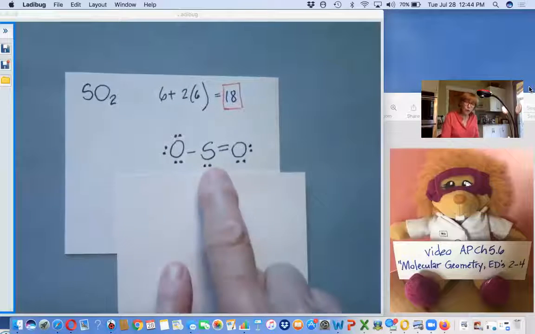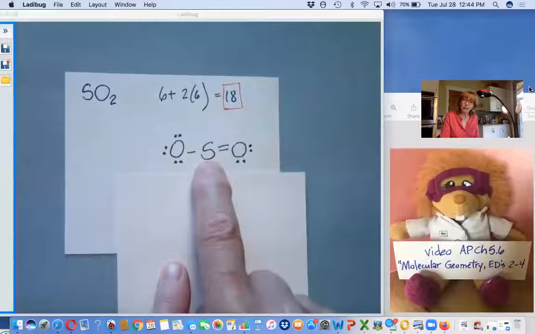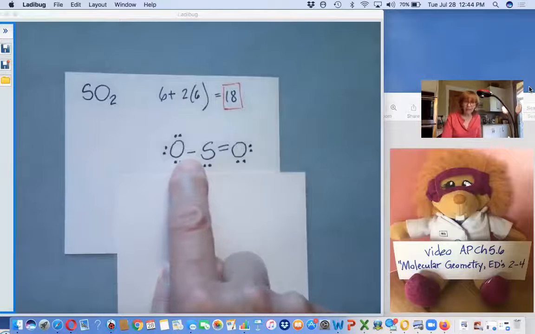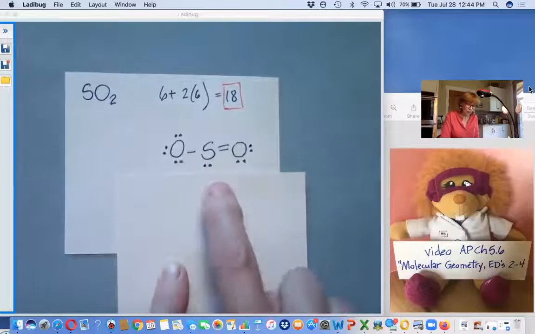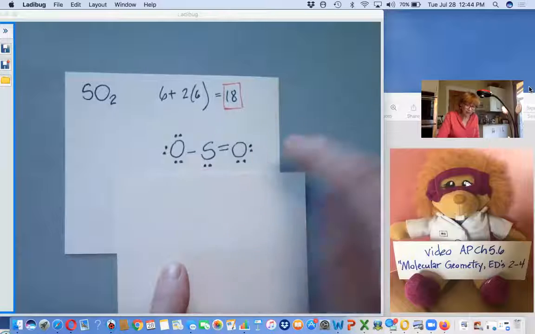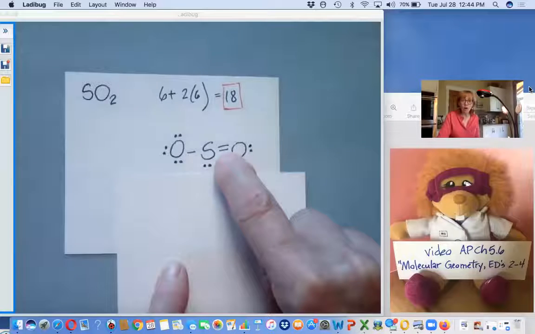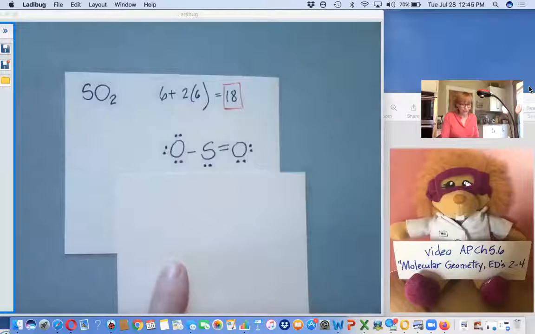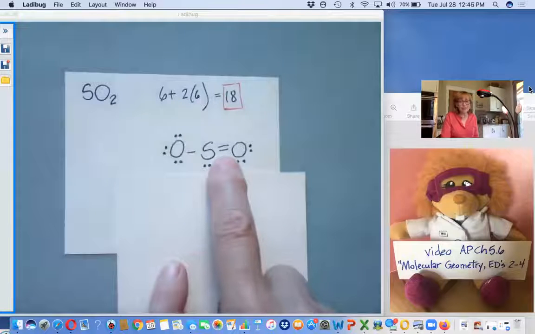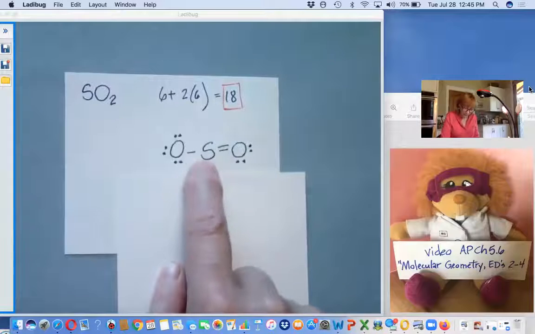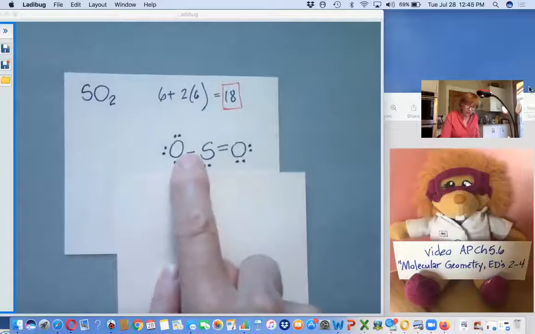Now again, we're focusing our attention always on the central atom, and we want to count the electron domains. We've seen that a bonding pair is an electron domain, and we've seen that a non-bonding pair is an electron domain. Well, it turns out that a double bond also counts as one electron domain. I know you'd like to think of that as two, but it's not. So this central atom has 1, 2,